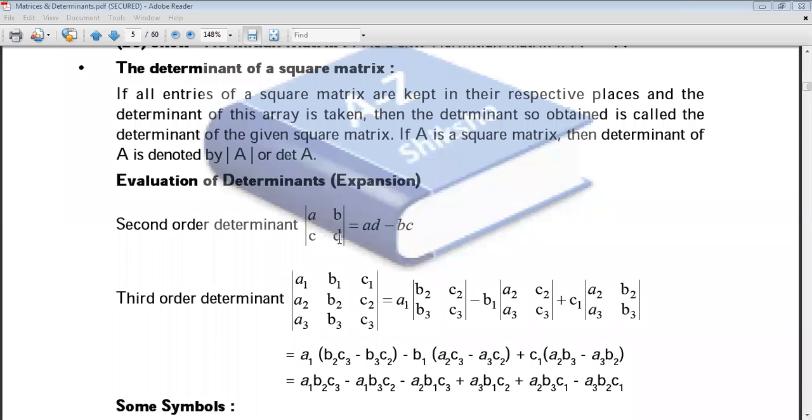How can you expand this determinant? The question is that. In the right hand side, it is written as equal. See, in the right hand side, it is expanded as AD minus BC. How can you expand this one? What is the rule for expansion? Just see here. For expansion,